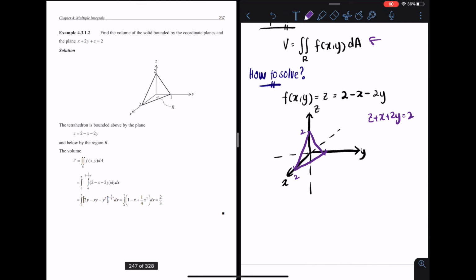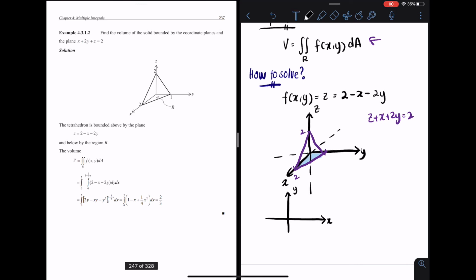So if you look carefully at the solid that you have sketched based on the description given in the question, all we can do now is project the surface in 3D into a 2-dimensional coordinate system so that we are able to determine the limits with respect to variables x and y. So right now, this is your region R. Since that is your region R, I'm going to transform it into a 2-dimensional coordinate system that involves y and x. So this is y, this is x,